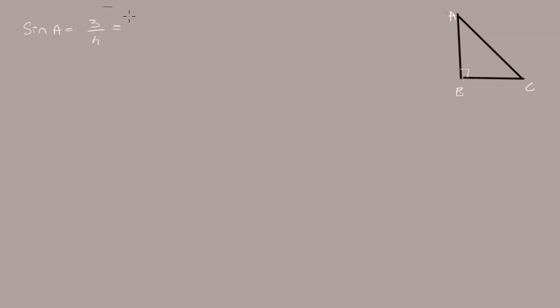What is the definition of sine? O by H. What is the opposite side with respect to angle A? Opposite is BC, BC by AC. So on comparing 3 by 4 and BC by AC, we can tell that BC is equal to 3k and AC is equal to 4k, where